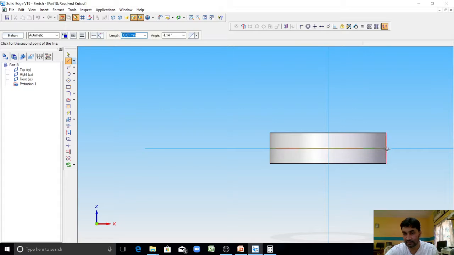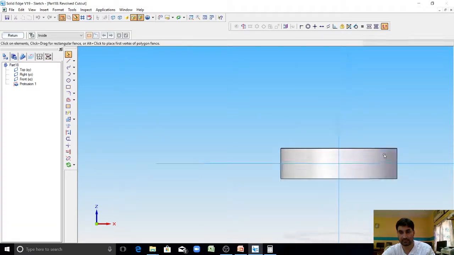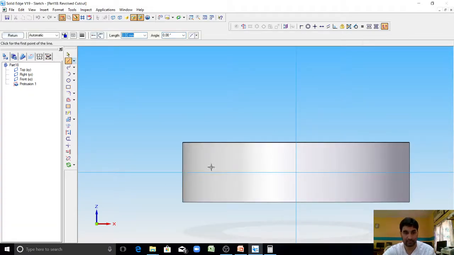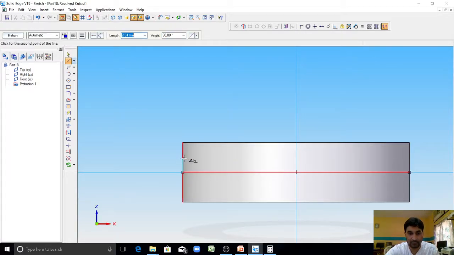From this end to this end, we draw a straight line. Draw a line here at the end, and this line here, straight line here.